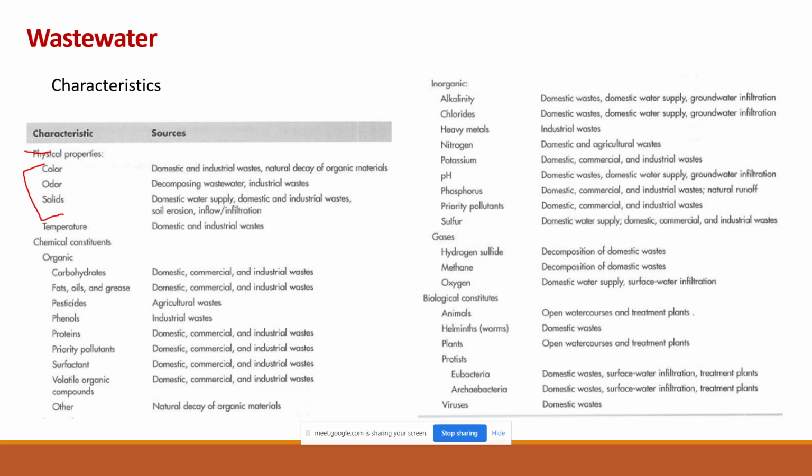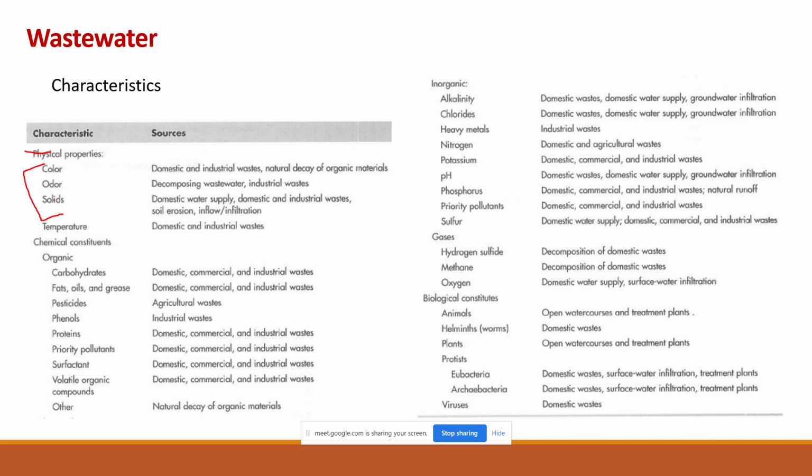For example, if you have sewage wastewater, obviously it will have a different color and a different odor as compared to the wastewater which is coming from an industry, let's say a textile industry. The effluent from a textile industry will have a dark color, maybe because of the presence of dyes, and maybe the odor will be less. But if we talk about sewage, the odor will be very offensive and the color will also be dark. Or if some kind of treatment is taking place, maybe the color is less, but the odor will be very